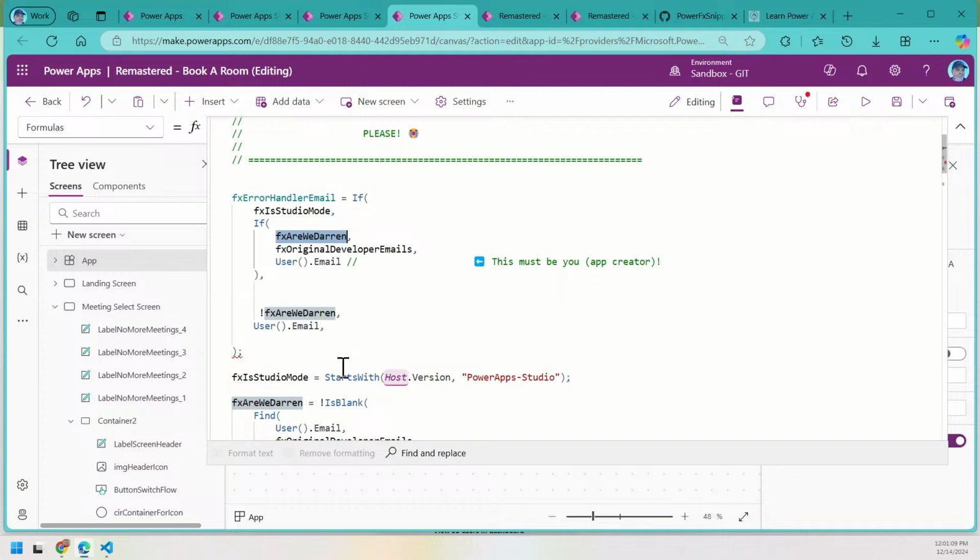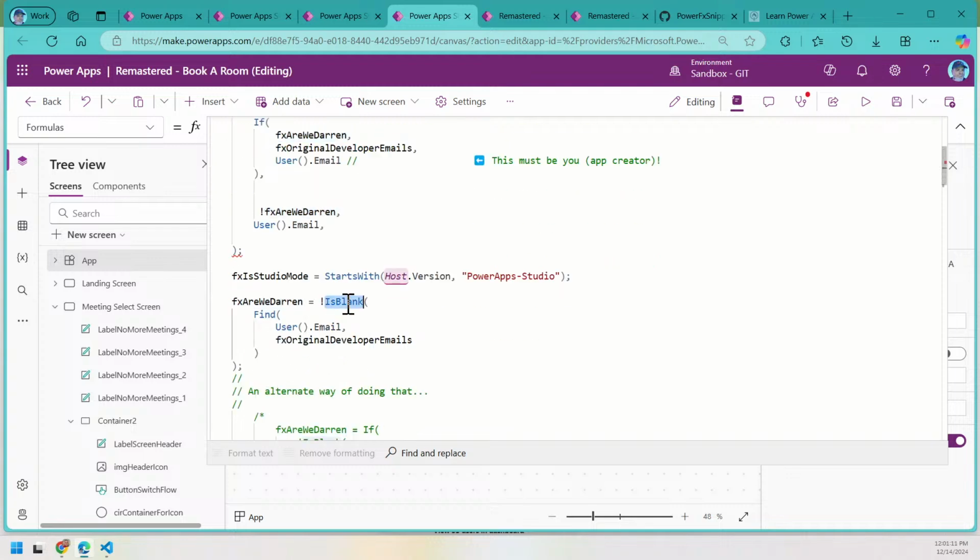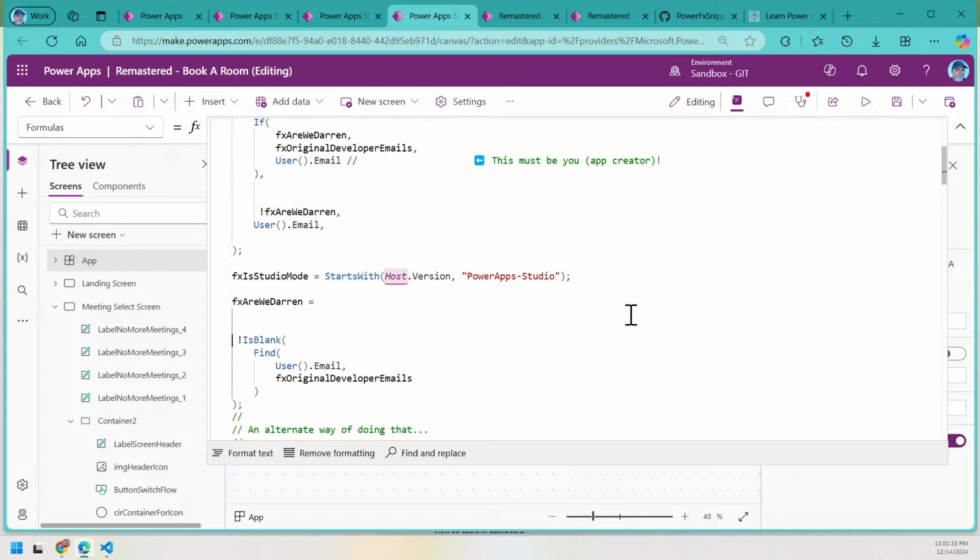So for this, are we Darren? I guess down here. Now, if you look at the email addresses I have, I've got two of them because I might be doing development in this tenant. I might copy this file over to a different tenant. So, gee whiz, if I didn't do this, you know what I would have to do? If I wasn't able to do that,